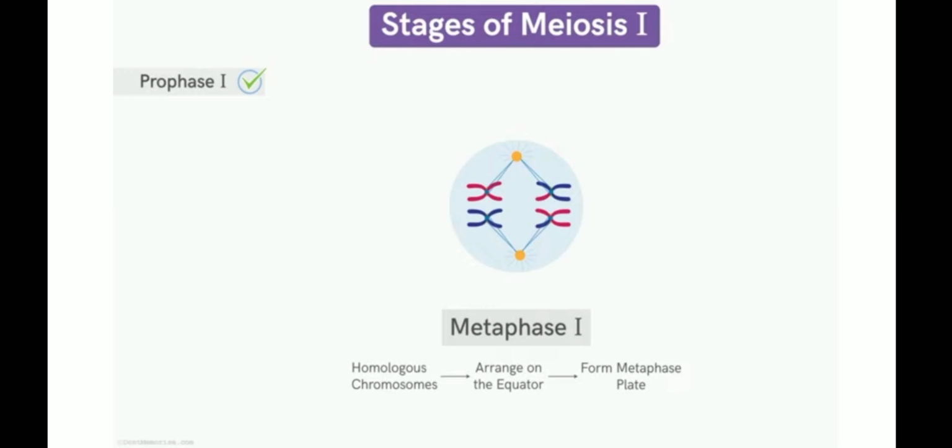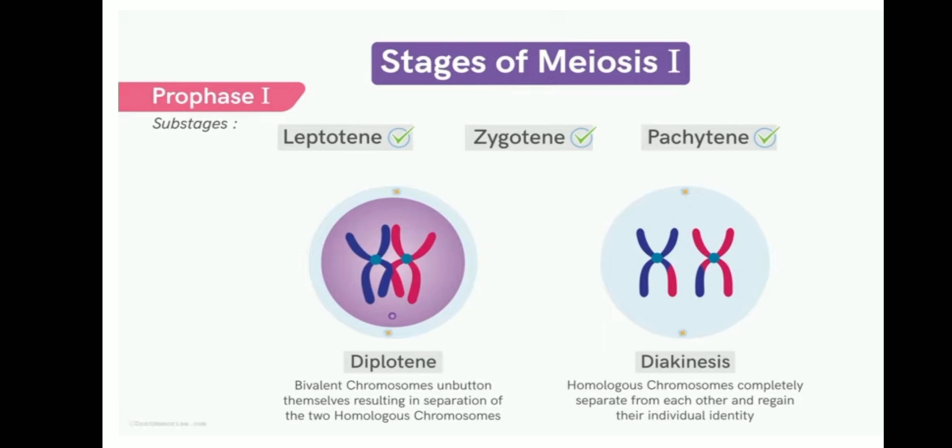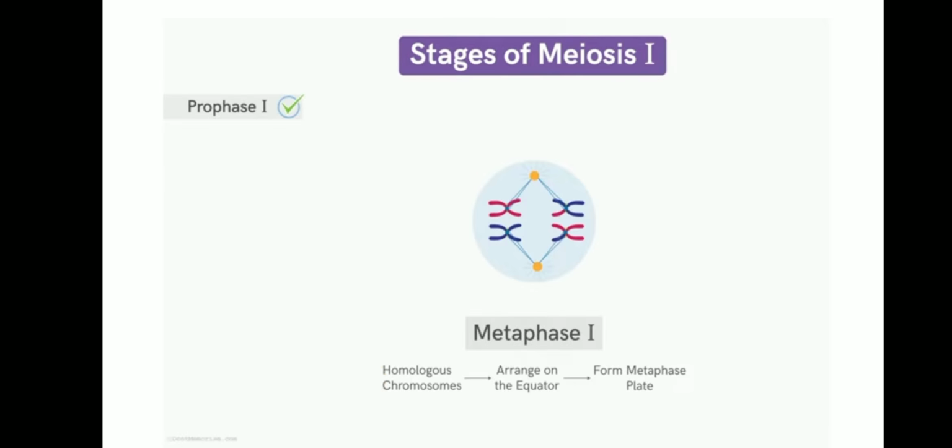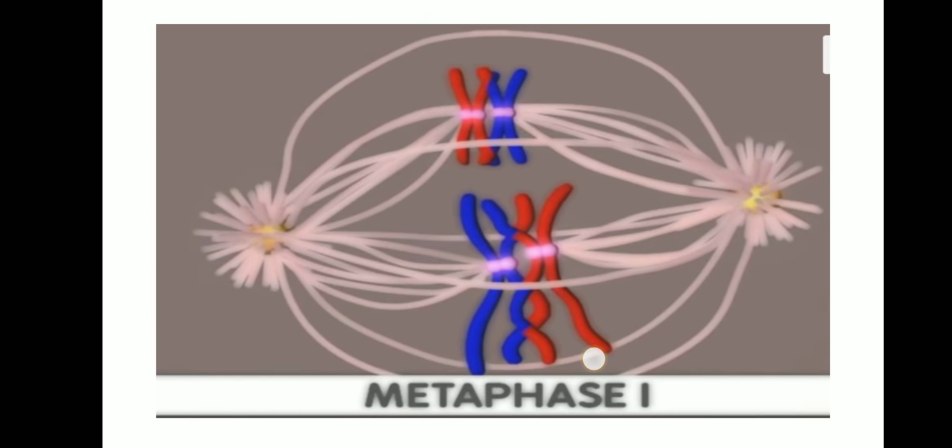In metaphase 1, the chromosomes move towards the equator and finally they orient themselves on the equator line. The 2 chromatids of each chromosome do not separate, and the centromere also does not divide. The chromosomes are arranged in an equatorial plate. Okay, and next is what? Sorry, children. Next to metaphase is